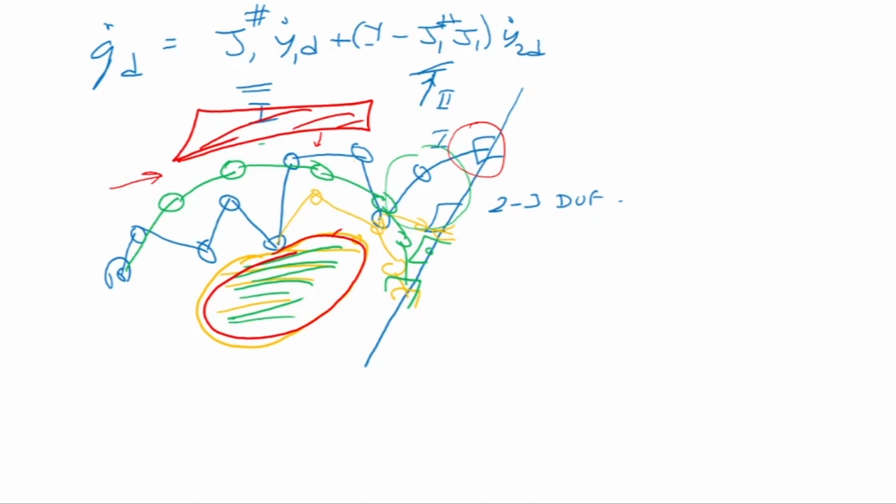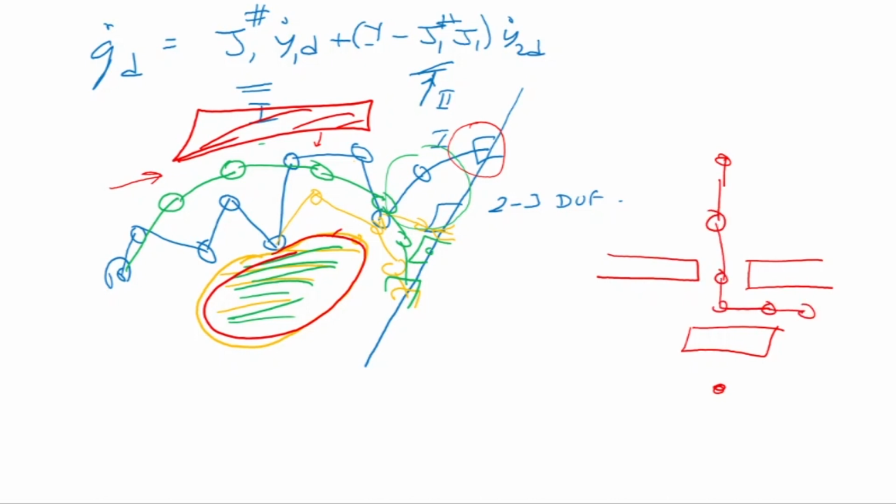Okay, so there can be many examples of this where say for example there is a passage like this, and the robot has to go here. So it is coming like this. Okay, it goes through here, goes here, goes here, goes here, goes here, and maybe it does a particular task. Now the moment it has gone here, what has happened is it has got constraint. It can't move there, it cannot move there. So what it is doing is, to catch this object, it is using these degrees of freedom, and to position itself there, it is using other degrees of freedom. So this is my first task, that's my second task. Okay, so now I hope you understand the meaning of first task and second task.